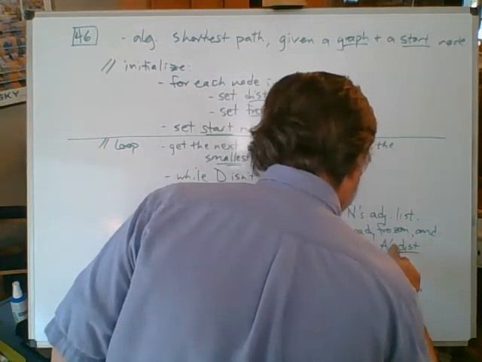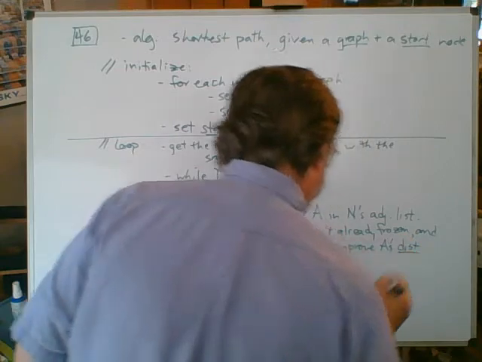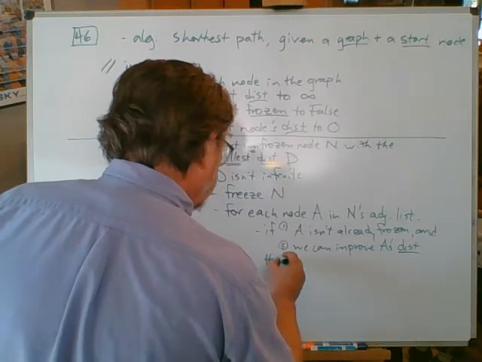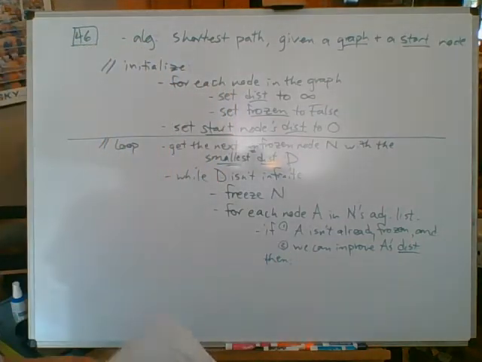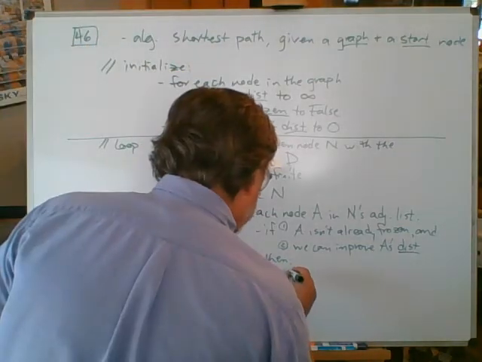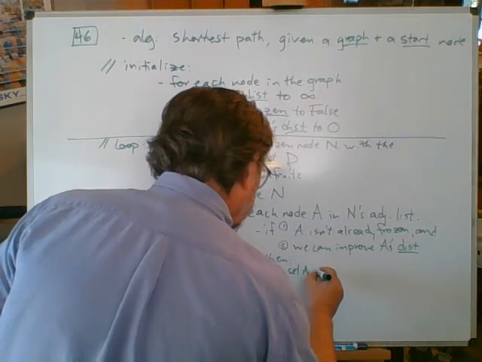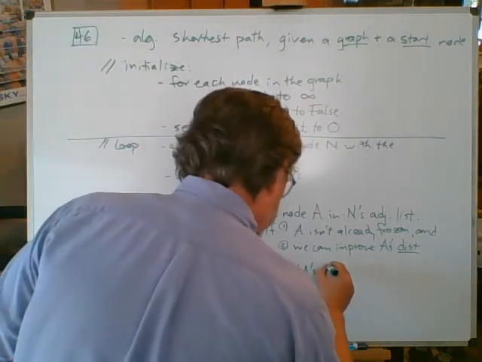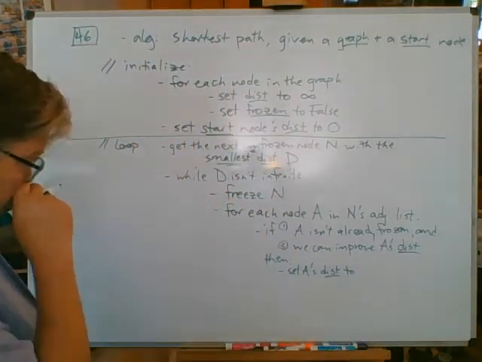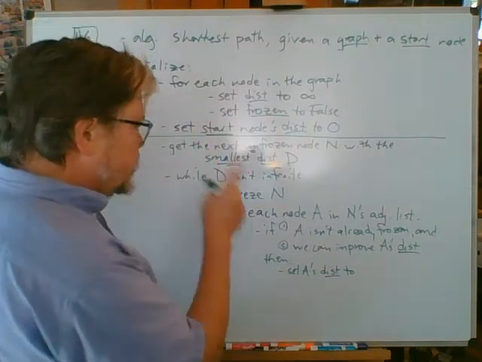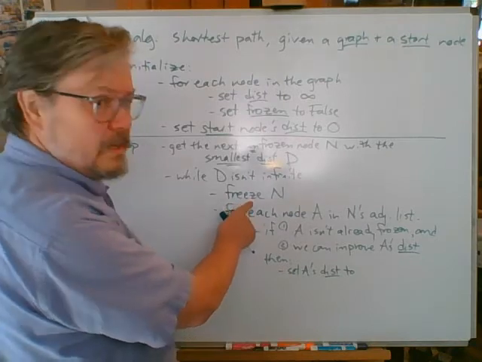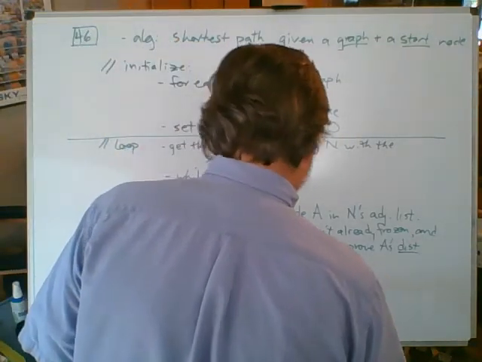Dist, an attribute or a variable. If that's true, then let's do it. We found one that we can offer a better distance to, and it's going to accept it. Set A's distance. This is the node in the adjacency list. Set A's dist to, what do we update it to? Well, we update it to the distance to the node that we just now froze, which is D. D is the distance to node n, which we're just now freezing. Update A's distance to D